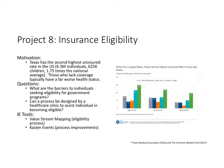So what are those barriers, right? Why are people not seeking eligibility for government programs? Do they not qualify? Do they qualify but they don't know they qualify? Do the providers not know, are there things that we're missing? Are there ways that we can get people to identify themselves, especially for their children, right? In the cases of children, can we get them on Medicaid or other government programs to be able to receive care? So that was the other question that we were trying to answer,